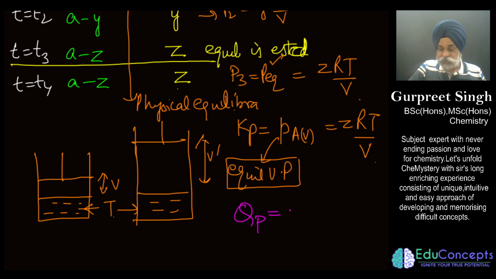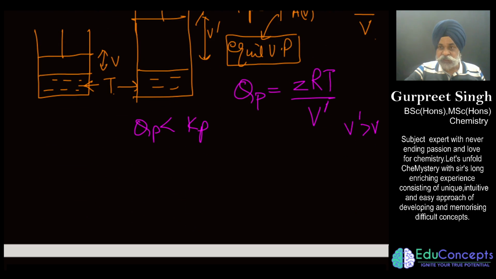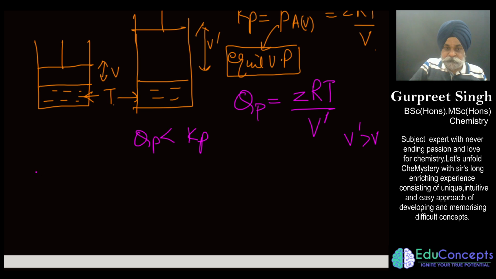What is QP from the point of view of the physical equilibria chapter? We say ZRT by V dash. This volume has been changed. And since V dash is greater than V, we will say that QP becomes less than KP. Now, as per the Le Chatelier principle, when a system has QP less than KP, this particular equilibrium, which we have written as a liquid in equilibrium with a vapor,